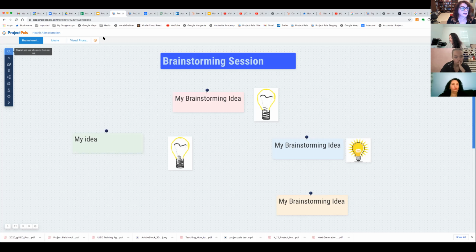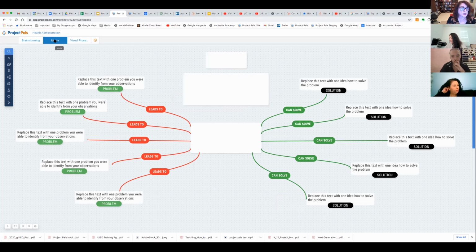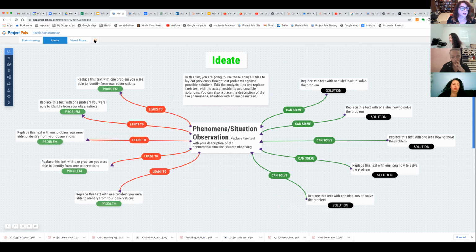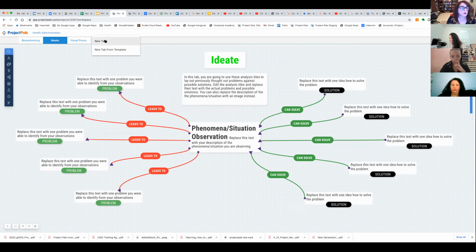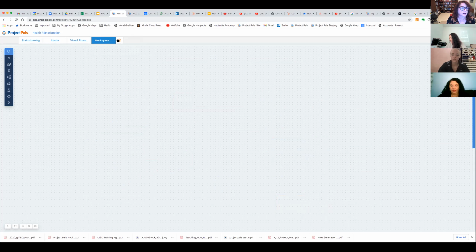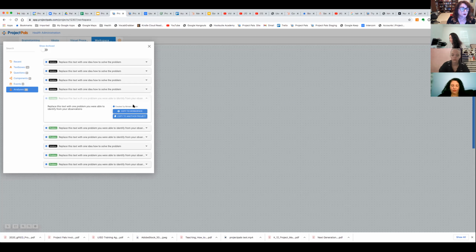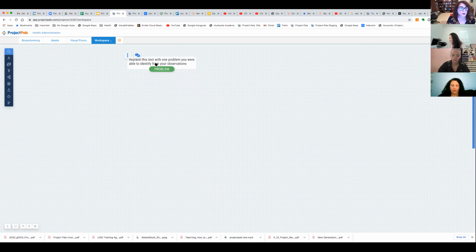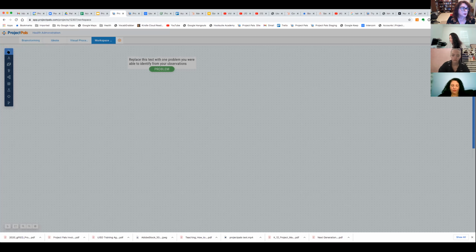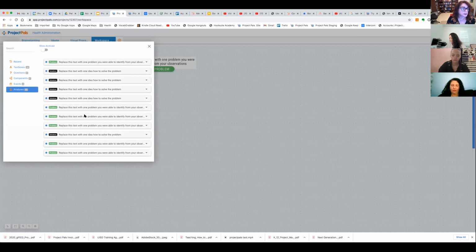And let's say that the students here come up with ideas, and then you want to create a new tab where you want to compare and contrast their ideas. You want to create like a compare and contrast table. And you can now go back to the content library, and you can go to the analysis tiles here, and every single one of their ideas, the problems that they identified, can now be dropped by clicking on the arrow, copy to workspace, and you can now just place them on the workspace next to each other, and keep doing that by adding all those,